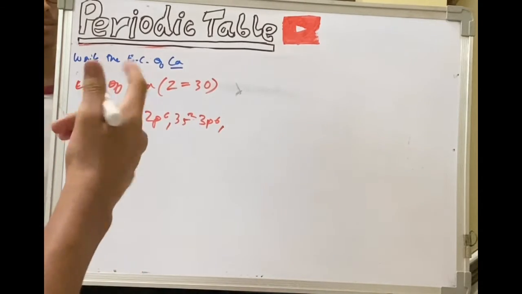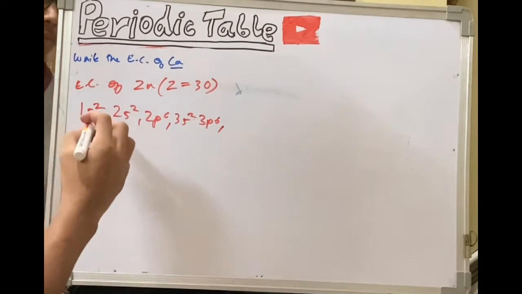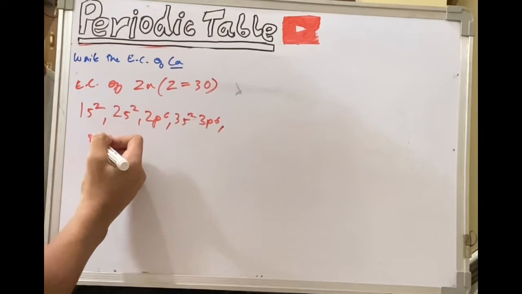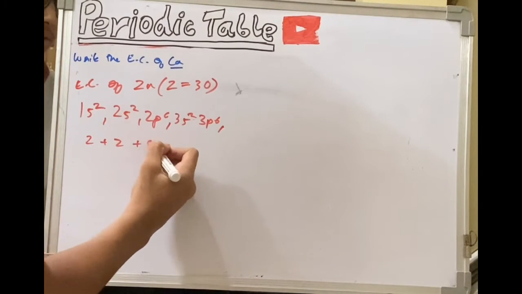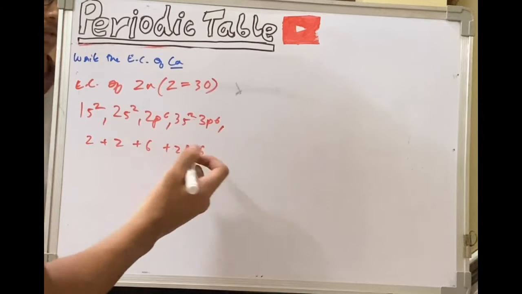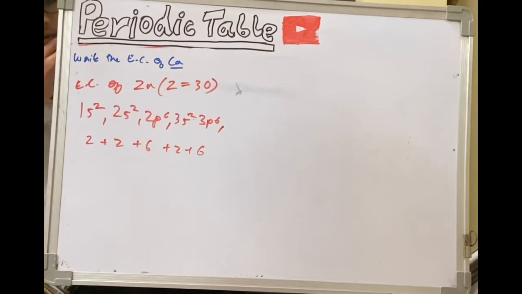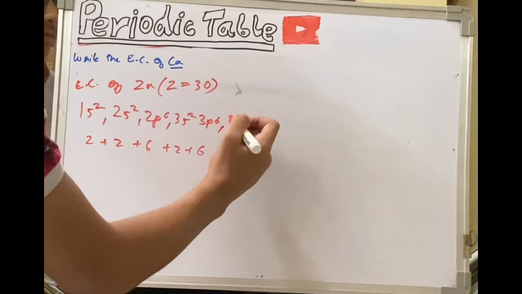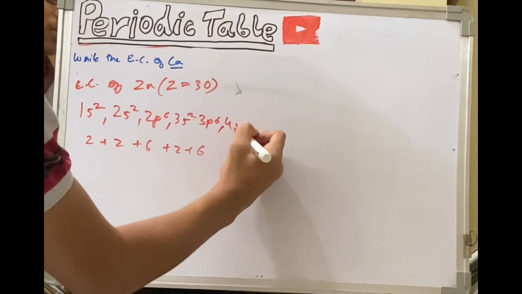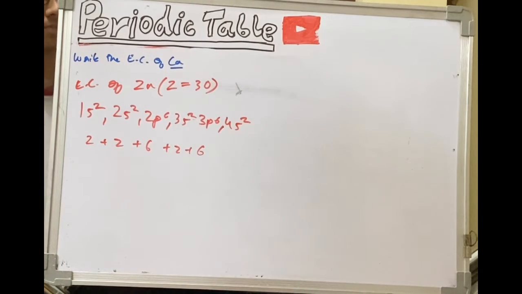Now there comes the twist over here. How many electrons have we covered till now? It is 2 plus 2 plus 6 plus 2 plus 6. So this makes it up to 18 electrons, right? This is also the electronic configuration of argon, which is a noble gas element. Now we'll begin with 4s2. In the fourth period, as we remember, it was 4s2.